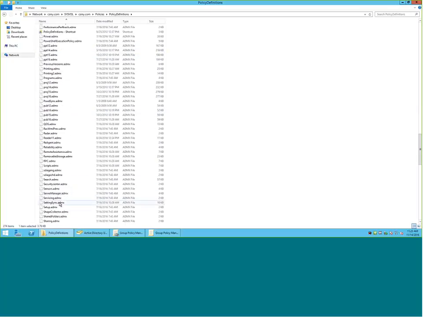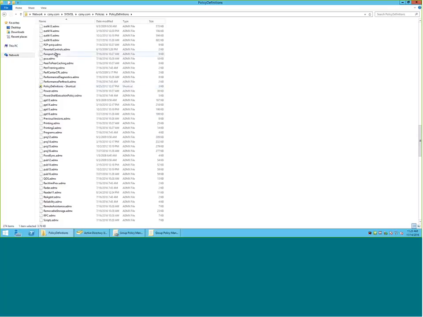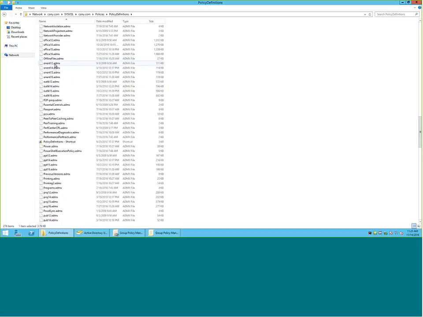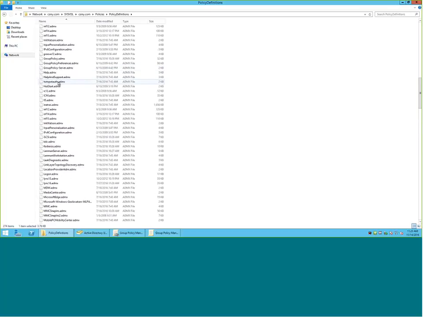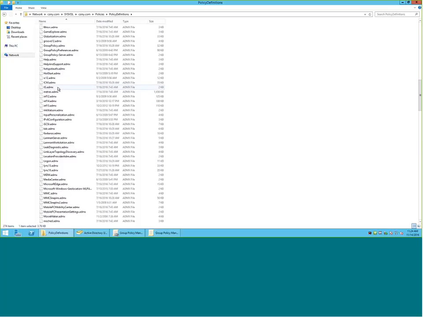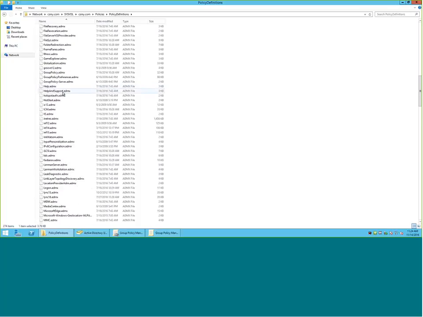ADM files are the old files. All right, so ADM files are like what we used with XP and Windows 2000 and the like. You can still use ADM files. They still work fine. All right, and you would dump them in there. So you might find that Google. Where's Google? Oh, I don't know where Google is. You might find an ADMx file, or an ADM file for an older thing. You can dump it in here just the same,